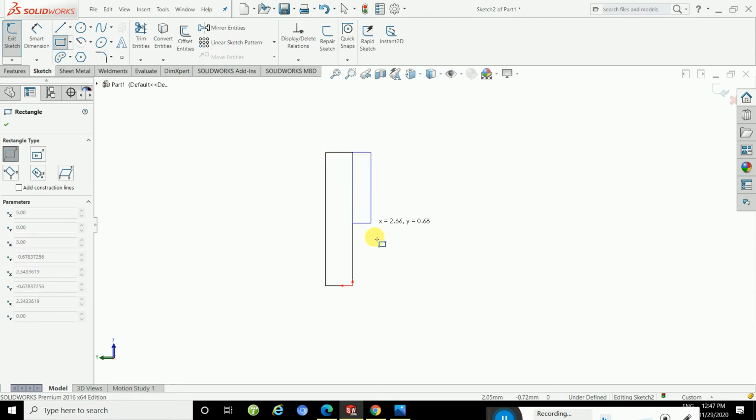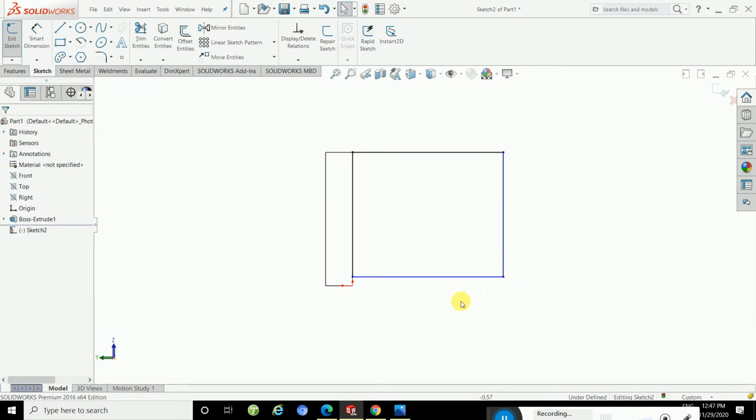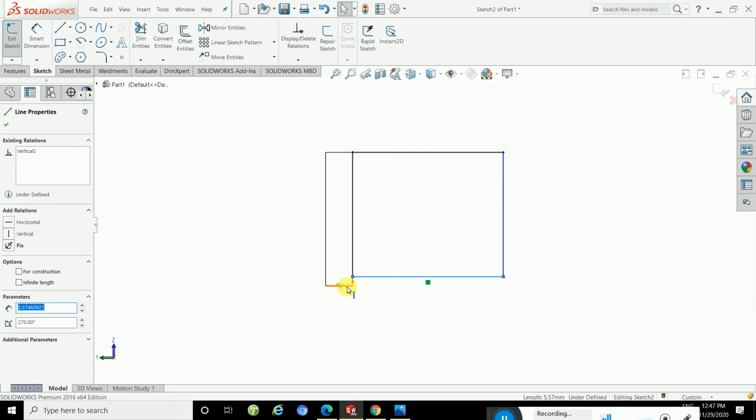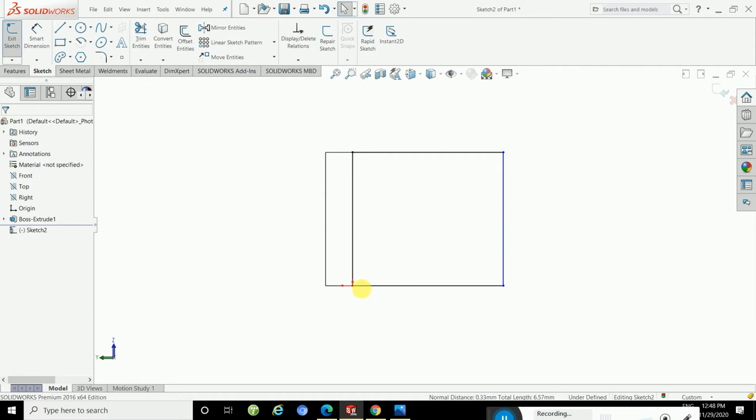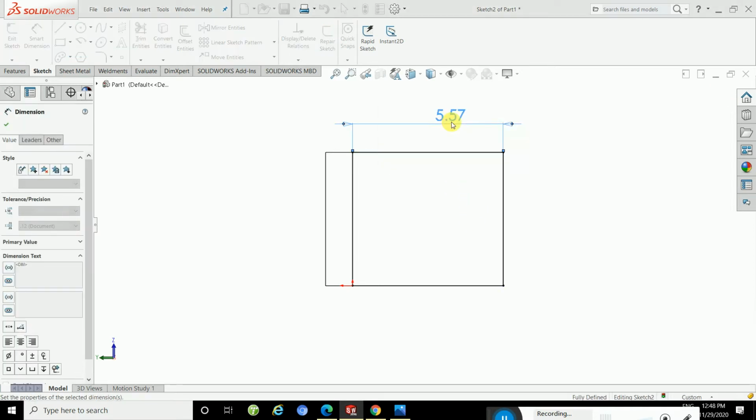Otherwise, if you want to apply relations, press Control and then select the line and then apply the collinear. What do you mean by collinear? Collinear means the lines will be aligned to one line. Okay, and then how much distance inside? 3. So apply 3.